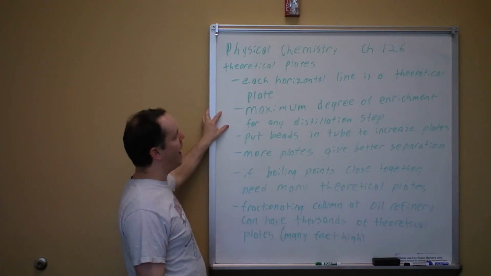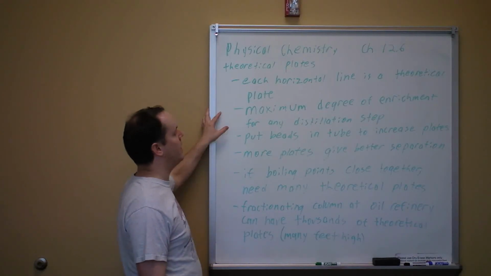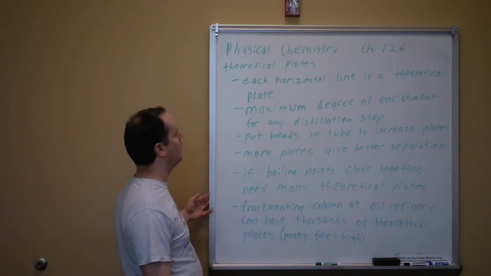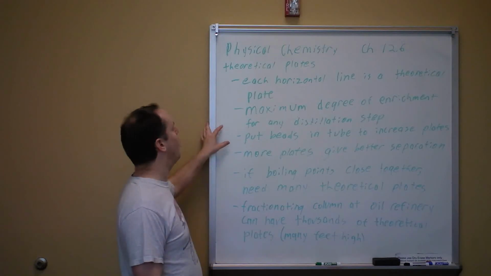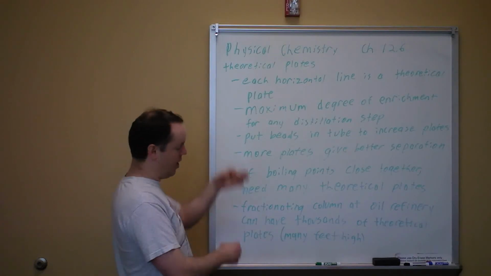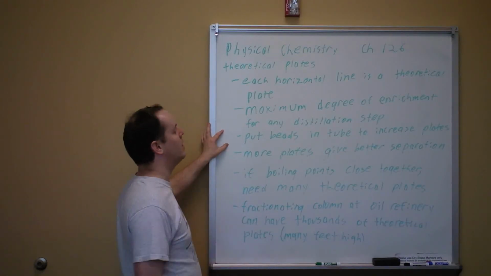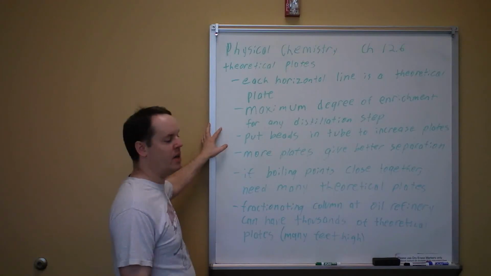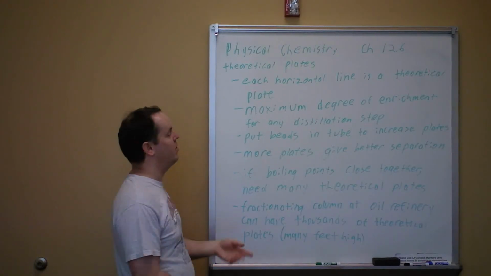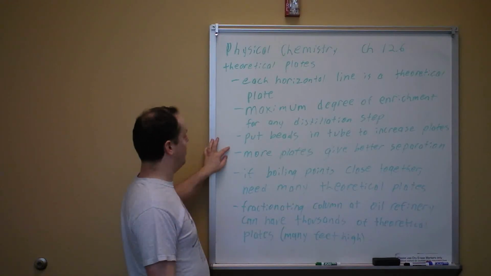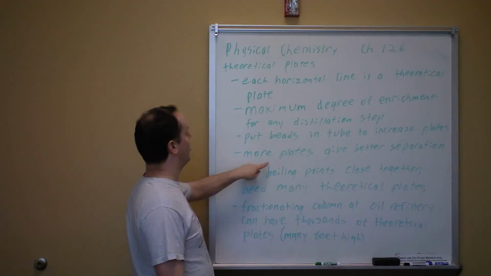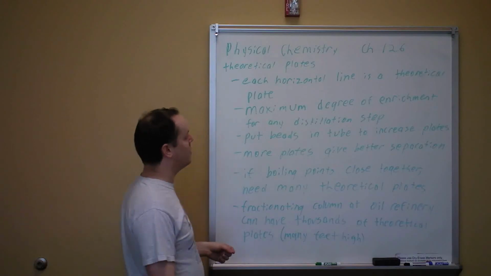That theoretical plate is the maximum degree of enrichment you're going to get if you distill it just one time, or one step in a multi-step distillation process. One way you can do that is if you have a fractionating column, you could just put beads in it, or something else that'll basically increase the surface area, because then you'll continually boil off, condense, boil off, condense. Obviously, if you do more and more of those steps, more of those theoretical plates, you're going to get better